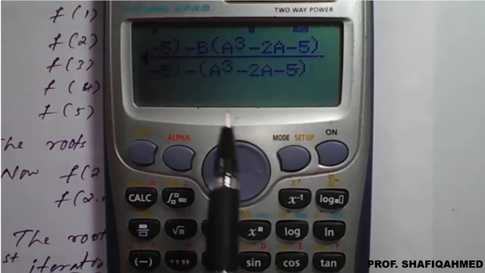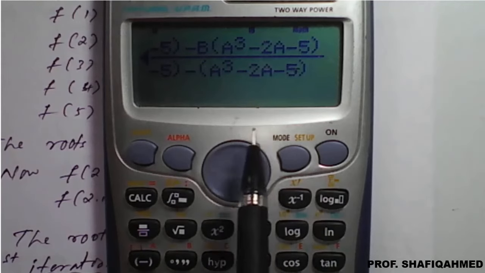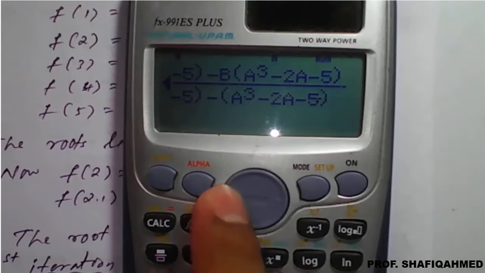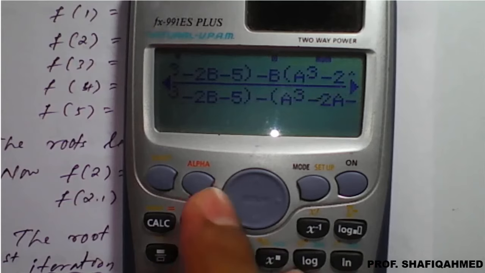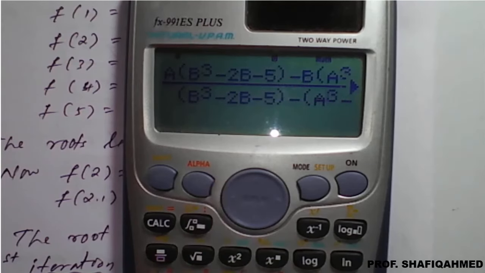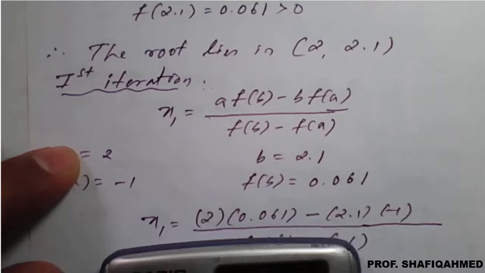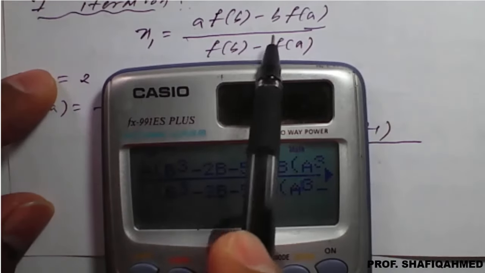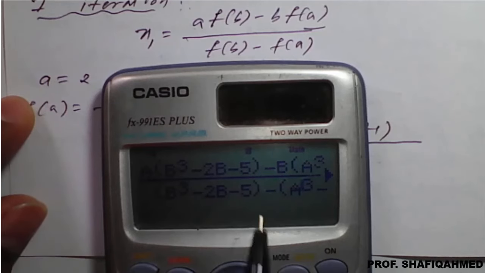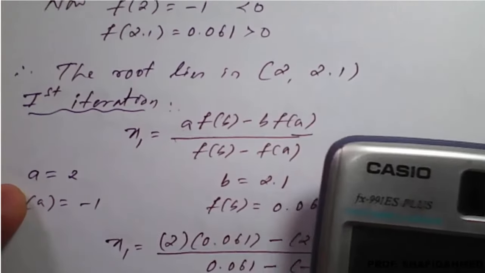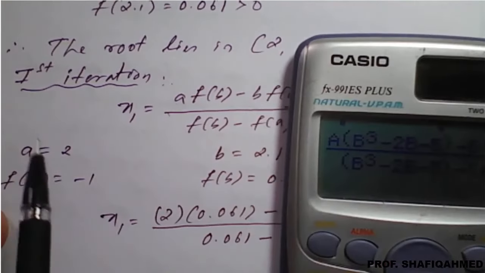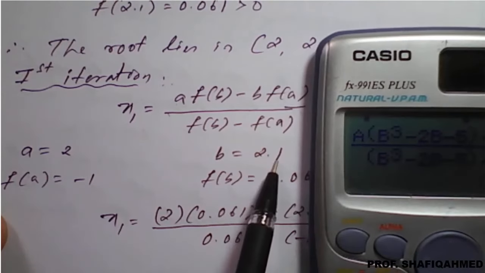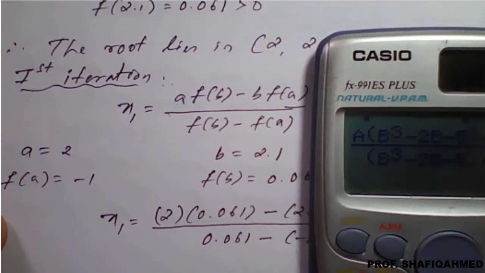So these are the equations we have taken in terms of b and a. So I have taken this formula completely, you can observe. Fine. So the same formula I have taken in the form of an equation here, so that it will be easy for the calculation. We only have to put the values of a and b and work it out. Now we'll see what answer we get. So here a value is 2, b value is 2.1. So only these values it will ask in the calculator.